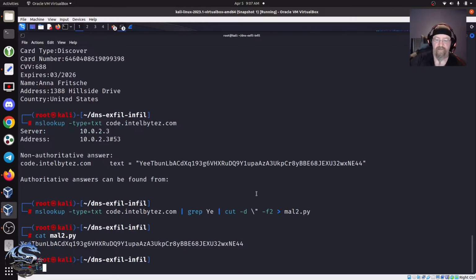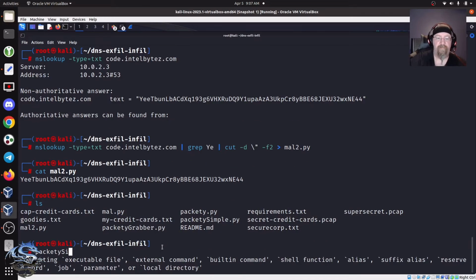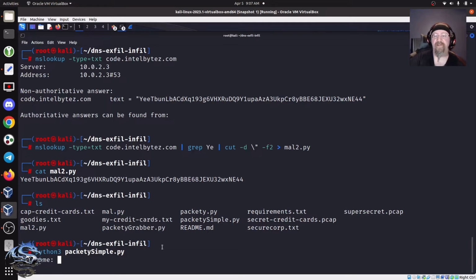So they've given us a script, this one here, I think it is, that will do that whole base 58 decode, base 64 decode. So I'm just following what they had in the TryHackMe room. So packet Y, and it's simple. You know what? I need to do Python, don't I? Python through Python E, and it was packet Y simple py. All right, so it's asking for the file name. In this particular case, it was mal2.py,